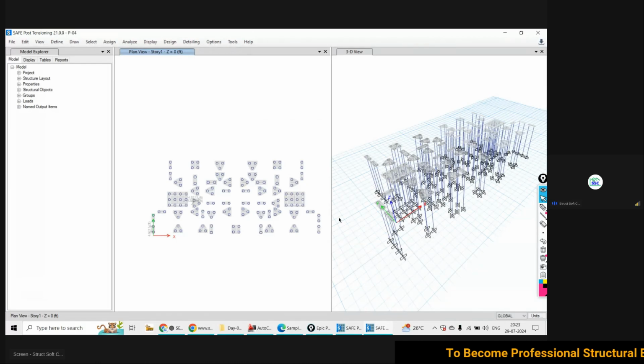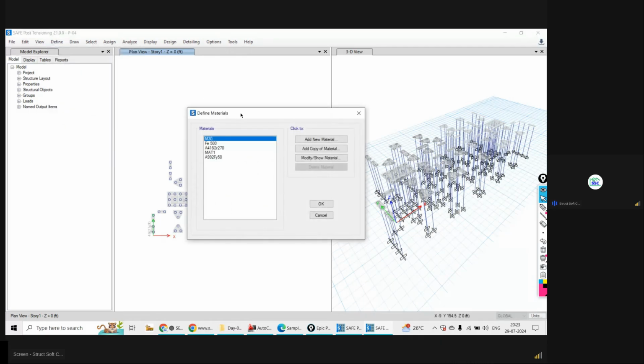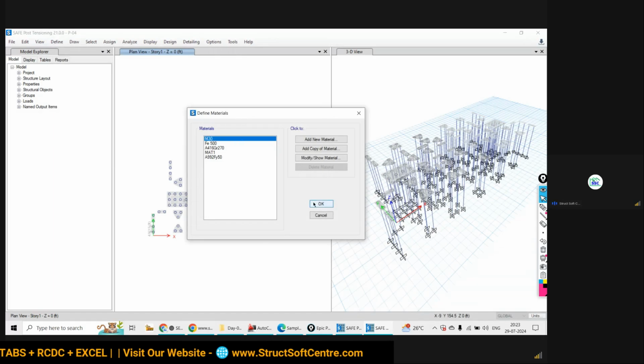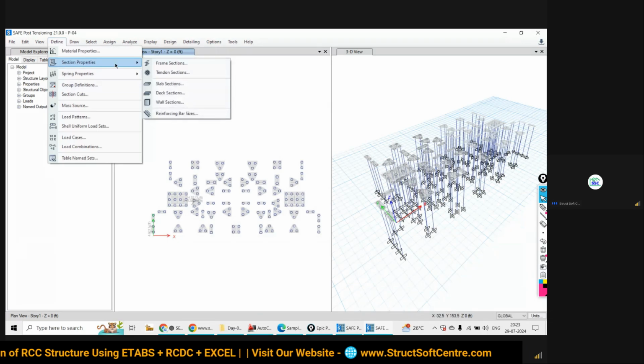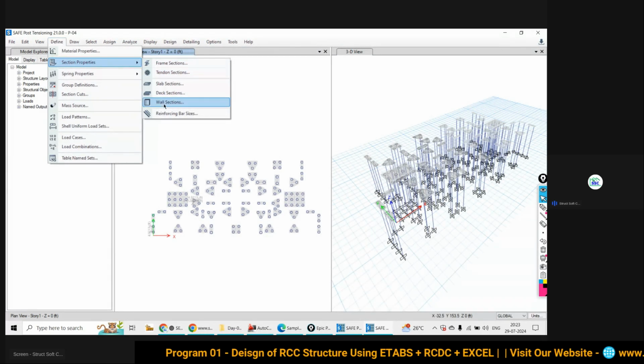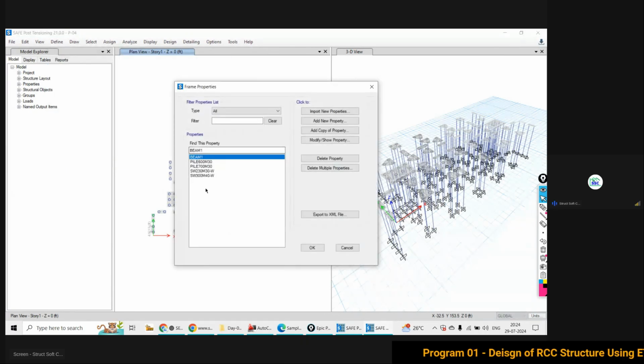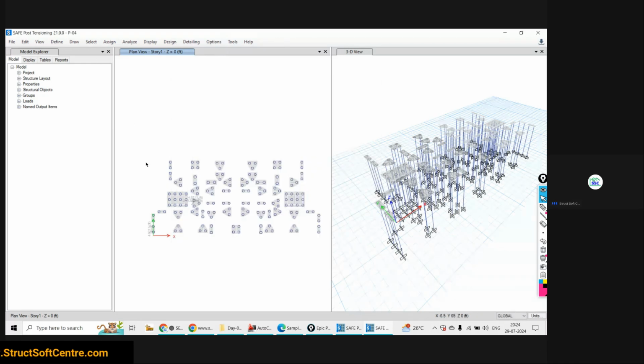Second, if you are going to use multiple grades of materials, you have to add them. If there are different sections of slab elements, frame elements and wall elements, you have to define multiple numbers of them. Suppose you need to consider 20 slab types, you have to define those.